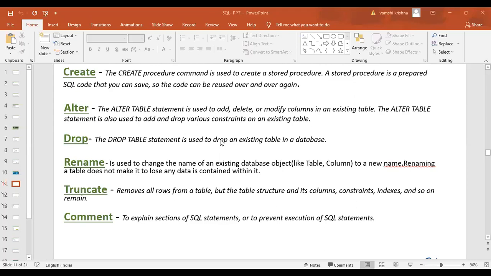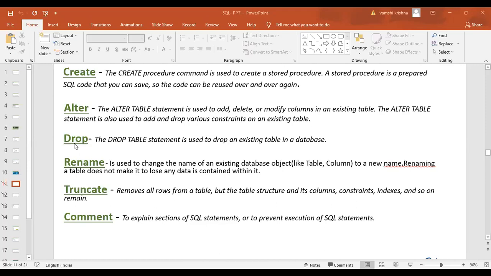Guys, do you think a BA will do all this or should do all this? No, ma'am. The answer is no. So DDL is the work of the administrator. Exactly. This is all done by a database administrator. He is the one who will do DDL. Create is one of the commands. So guys, create, alter, drop are commands that we give in SQL.